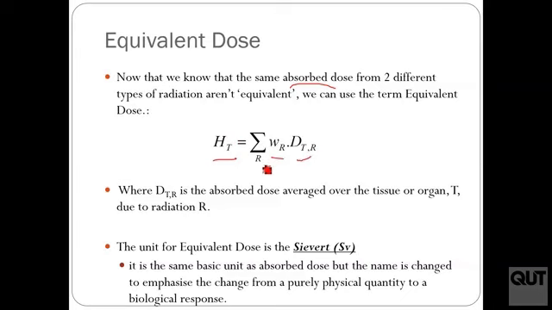If you've got a radiation field of multiple types of radiation, so for example from an alpha emitter which emits alphas and gammas, then you have to sum up the relative contribution from each type of radiation. So each type of radiation is going to have its own absorbed dose and its own radiation weighting